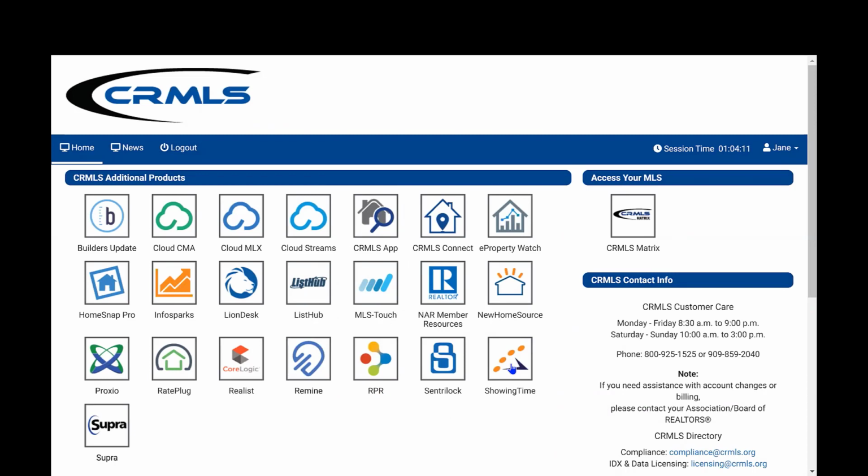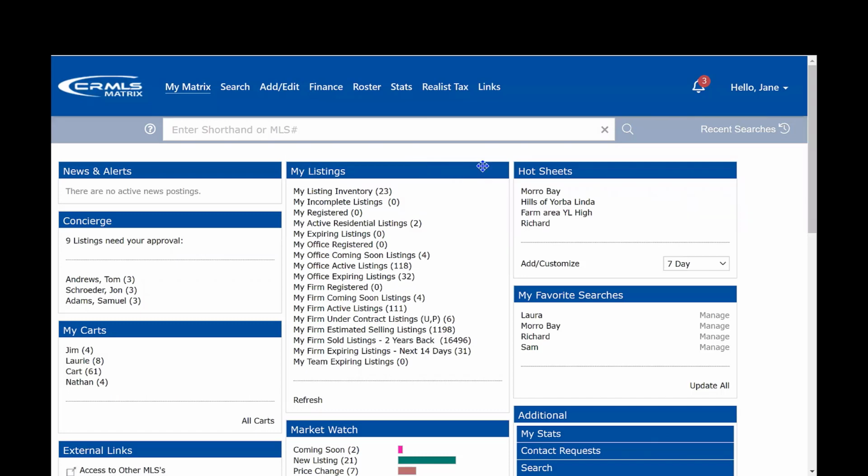Showing time. Showing time is attached to listings, and it is utilized to schedule showings 24/7 through the MLS. So if I'm within the Matrix system, let's drop into Matrix just for a moment, and we would like to schedule a showing through showing time.